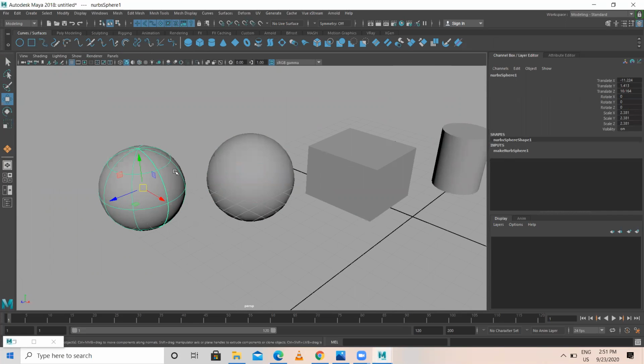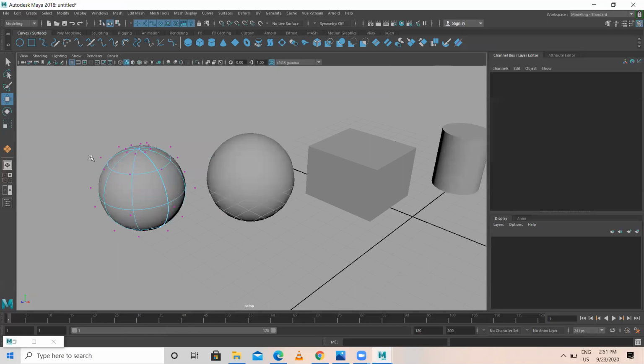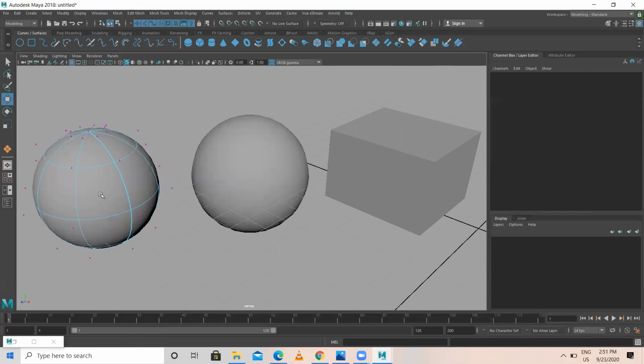Surface is also called NURBS. In the surface, if you hold right click, there are some items here, like isoparm, hull, and surface. The main thing is control vertex. The control vertices are away from the surface.